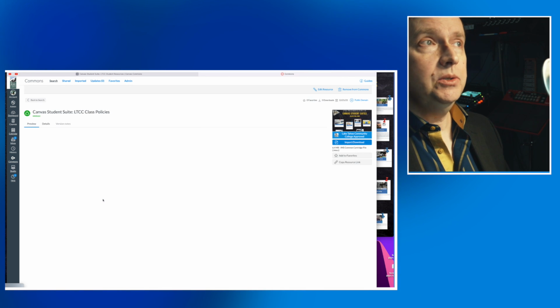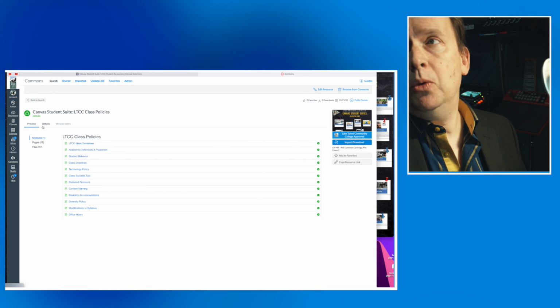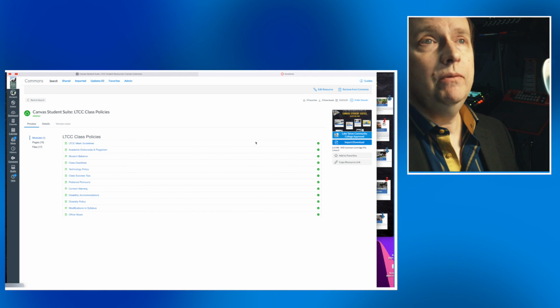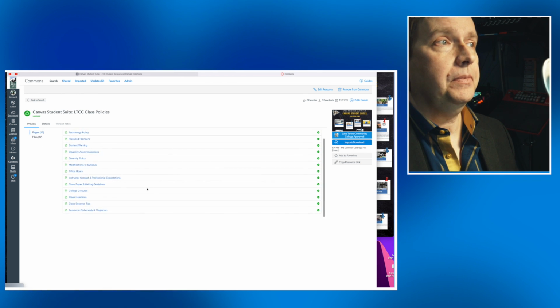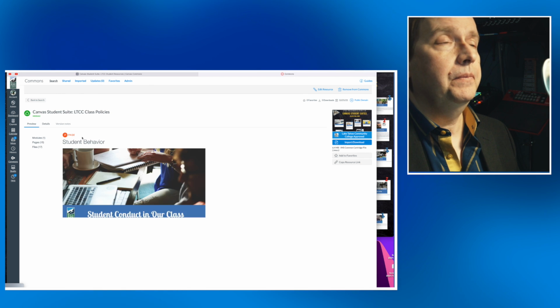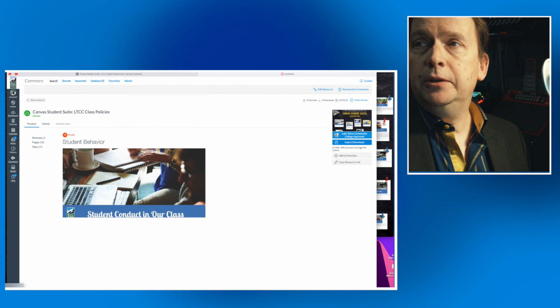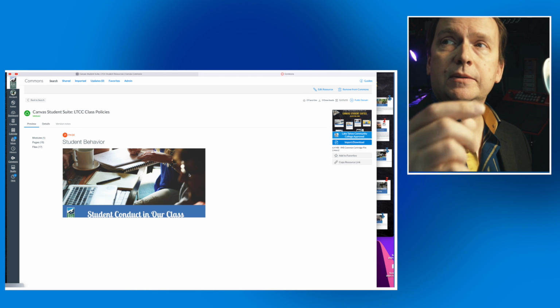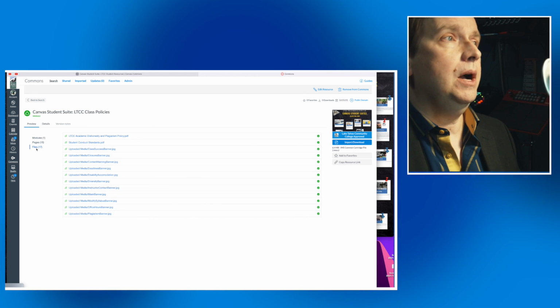What these look like is when you click on them, you're going to see information in the preview about what is available. So you're going to have one module for each suite. You'll have a series of pages, as you can see here, and any of these you can click on to do a preview of. This will show you exactly what you're going to see. And because these often include banner images or PDFs of some of our policies, you should also see a slew of files here on the left.